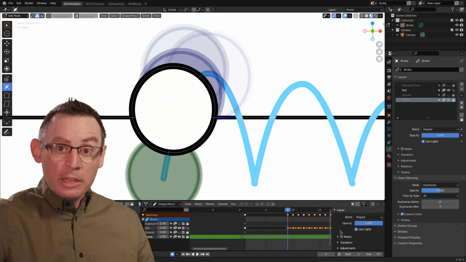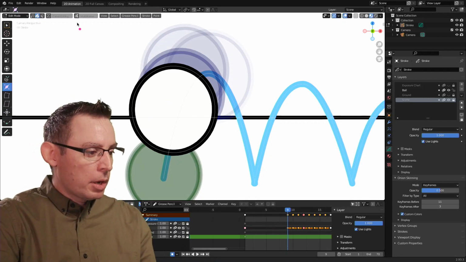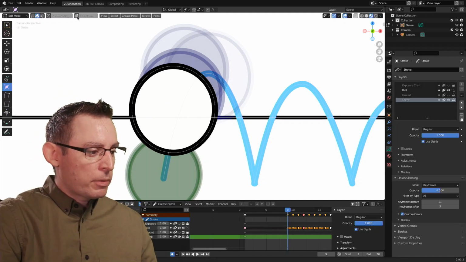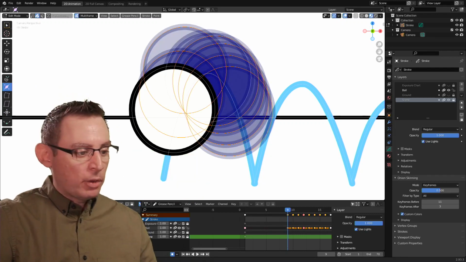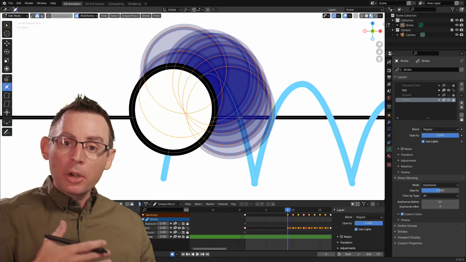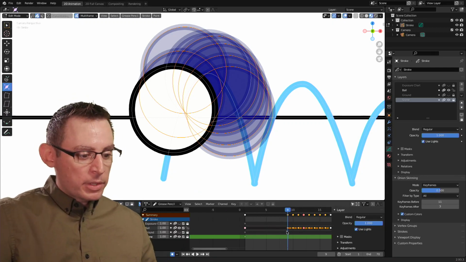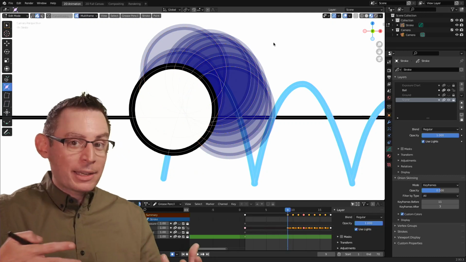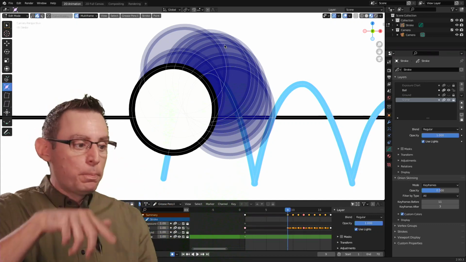Now with those keyframes selected, I can go to the top of my viewport, and I'm going to go into this guy right here. This is the multi-frame editing tool, and it's pretty neat. The first thing that we have to do is just click on this first icon, which activates the tool itself. And immediately you can see that our viewport changes a little bit. All of the animation frames that were selected down in the timeline now have an orange outline. They're now active, if you will, and we can actually see their strokes in the viewport itself.